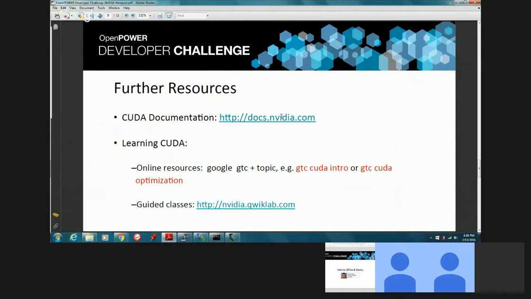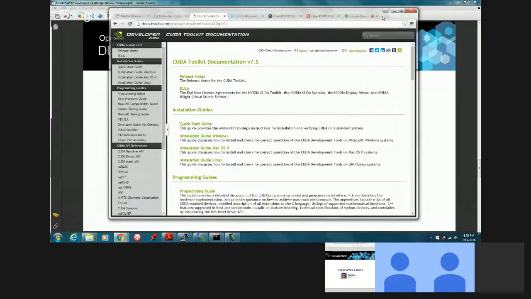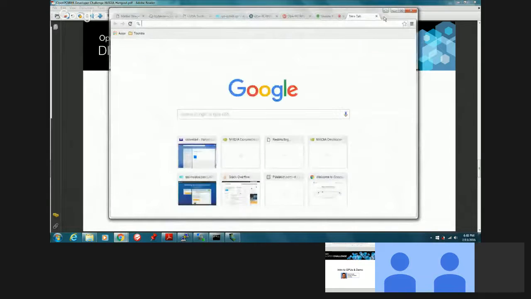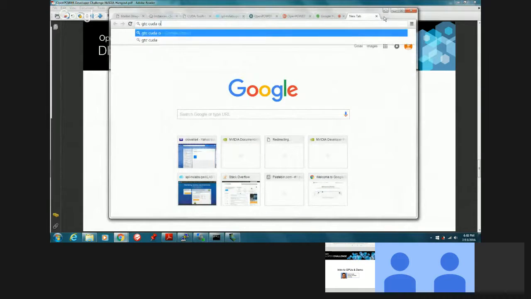So we try and archive most of that, the papers, the presentations, and even video recordings of the presentations. And so when you Google search for something with GTC and let's say CUDA, GTC CUDA Intro, or GTC CUDA Optimization, let me just quickly show you how easy that is to quickly find very useful information. So if I pull up my browser and open up a new tab and search for GTC CUDA Optimization, within